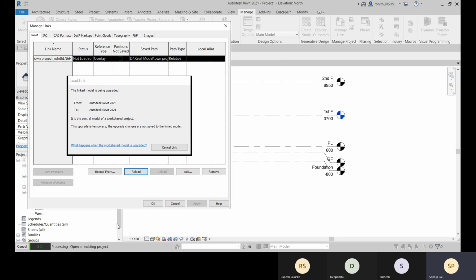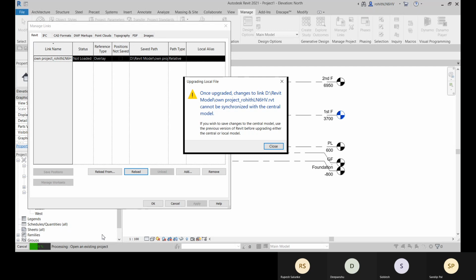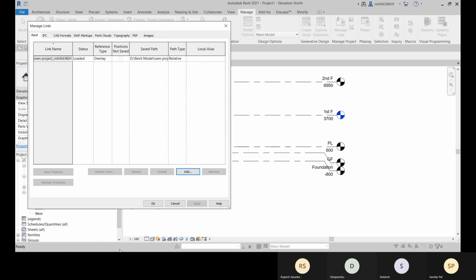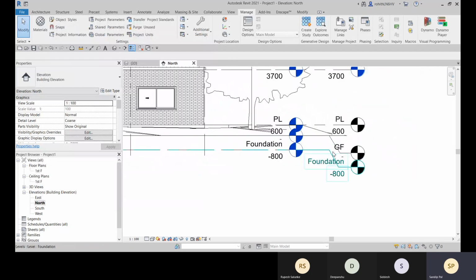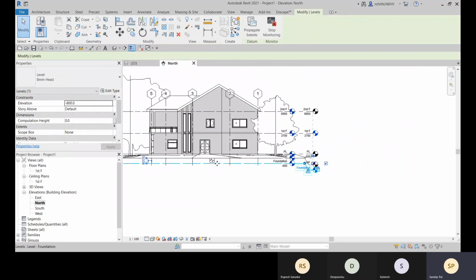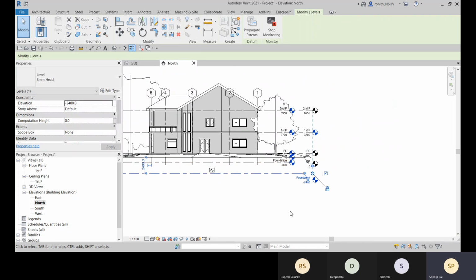It takes time to reload it. Click on OK. That is available here.